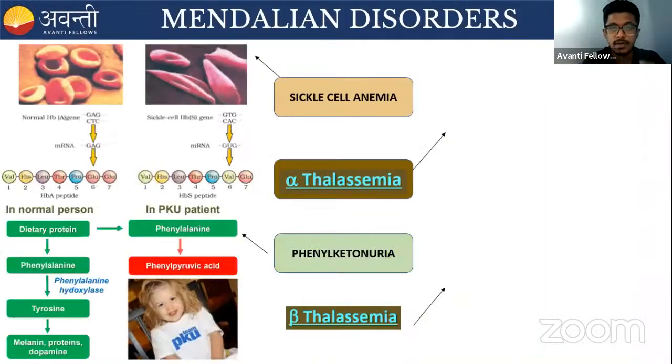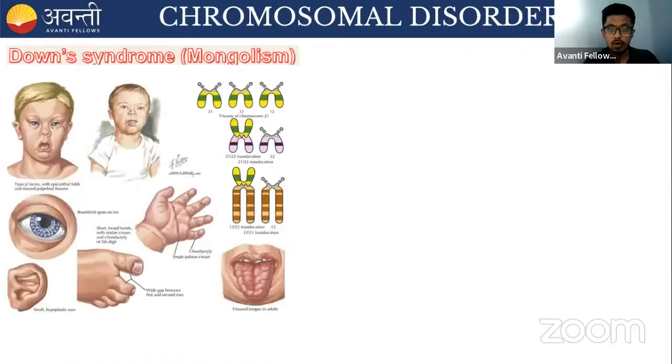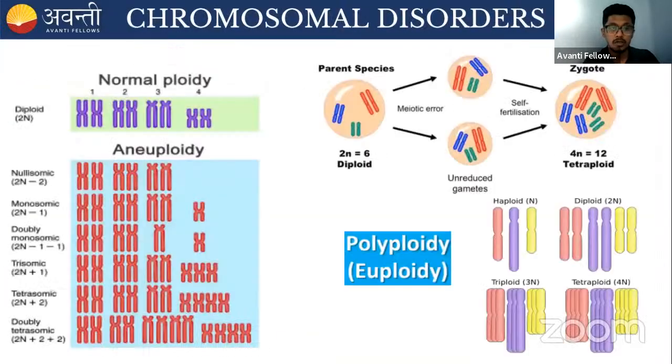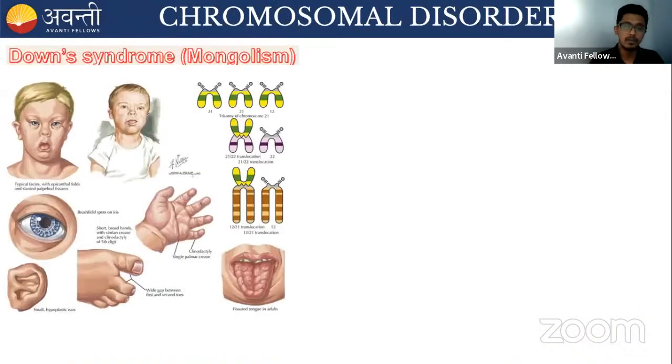Sure. So thalassemia, everything is done. So we go for Down syndrome. I told you that Down syndrome is an autosomal trisomy disease. So what are some of the symptoms or physical features that you can observe through this expression